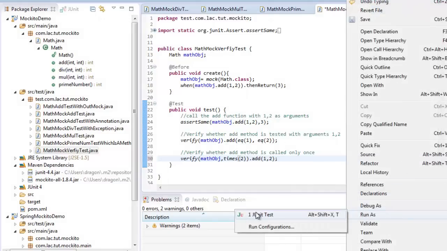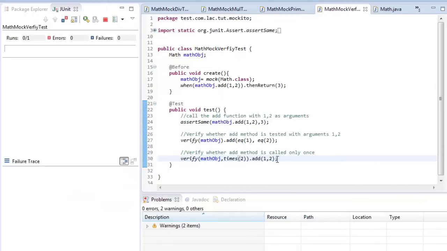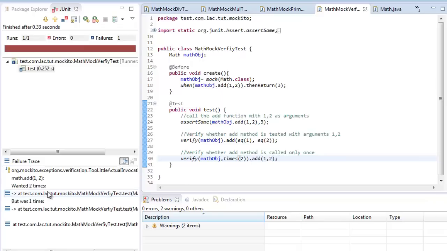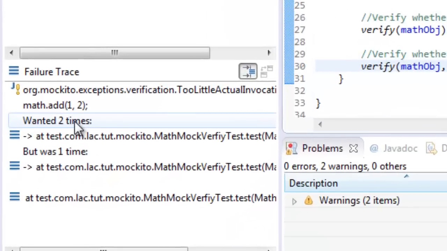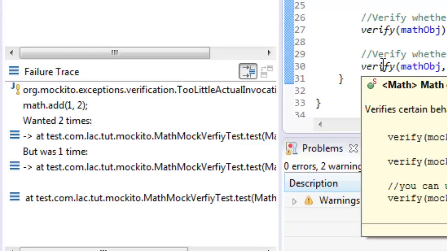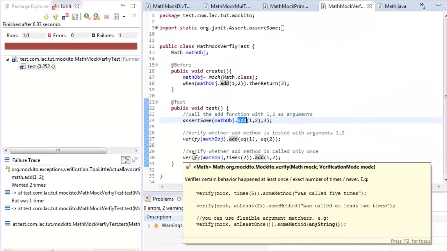Let me run the test case and see here. You see, I want the add method to be called twice, but here we called only once. So we can use the verify method to verify the behavior of your mocked object. The good part with Mockito is it keeps track of all the operations that you performed on the mocked object.